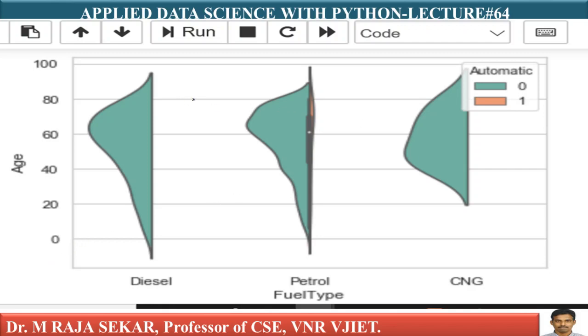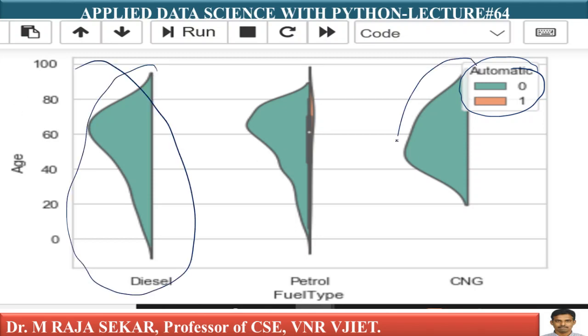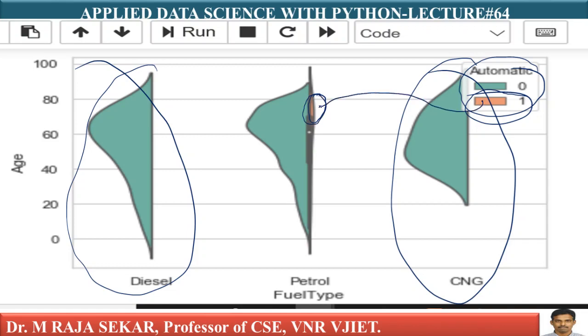Scale equal to count means, see, here I have two types of cars. One is automatic gear and another one is manual gear. I already discussed that diesel cars and CNG cars do not have an automatic gearbox. Only manual gearbox, isn't it? That's why it's not showing that level. But what about petrol cars? Petrol cars have cars with automatic gear. It's not very visible, it is a very small portion. Maybe I don't know whether it is visible to you or not, but there is a small portion which indicates this color. Just see here. What does it mean?